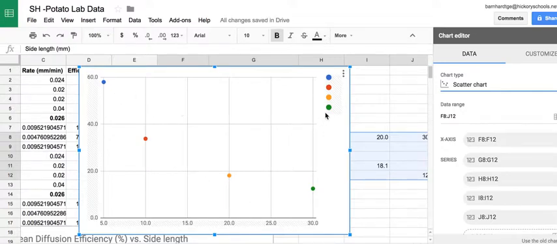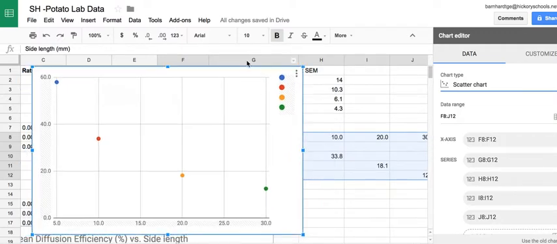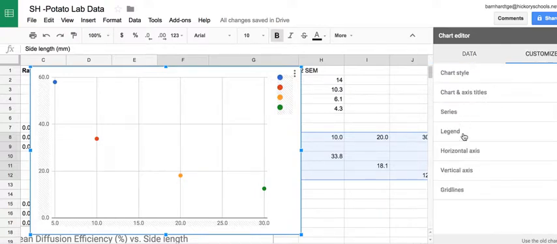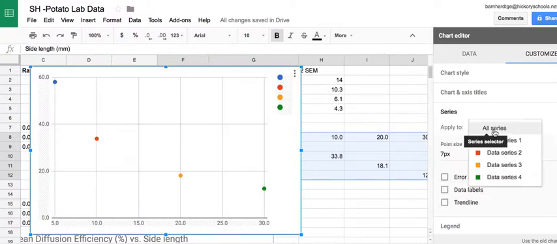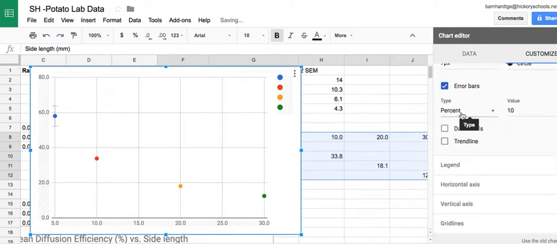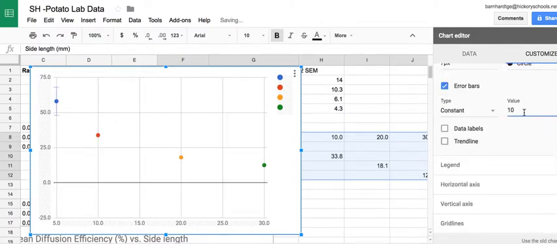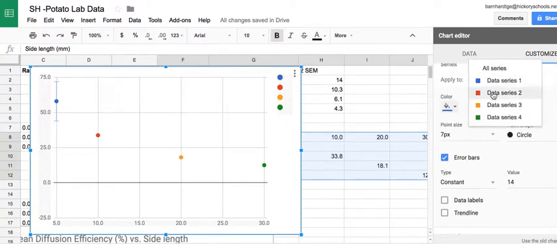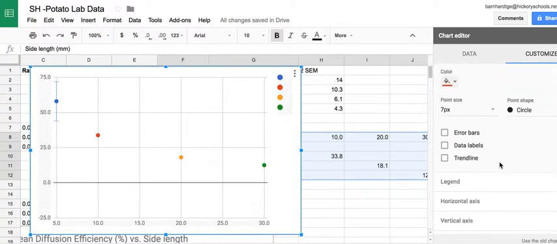I've got 4 different colors, which I do want to fix eventually. But initially, I'm good because now I can tell which point is which, since I've got each value as a separate data series. So now when I customize it and go to my series, I can add these error bars simply by changing the error bar to being a constant, and then changing the value to 14, and then changing data series 2, changing its value to 10.3,